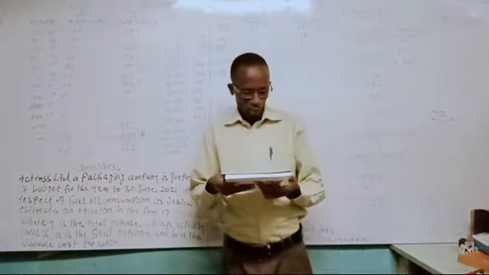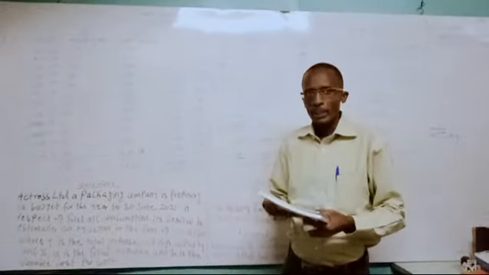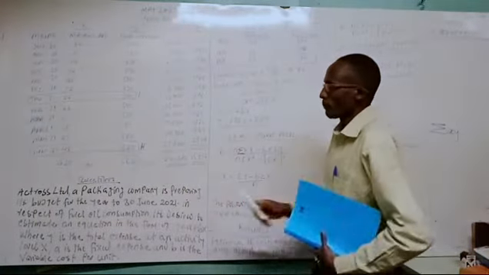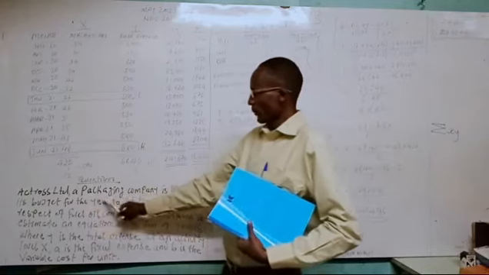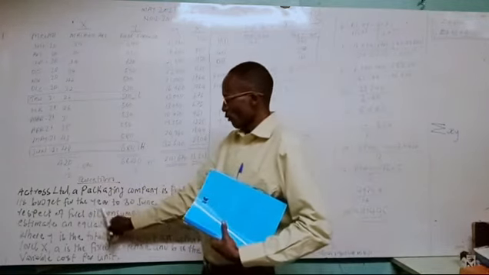Question 2A. Welcome, my name is Mr. William. Now, the question is here. Actros Limited, a packaging company, is preparing its budget for the year to 30th